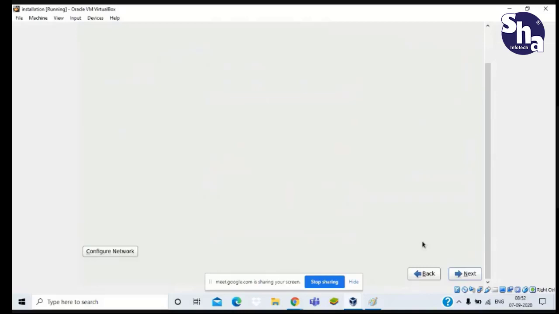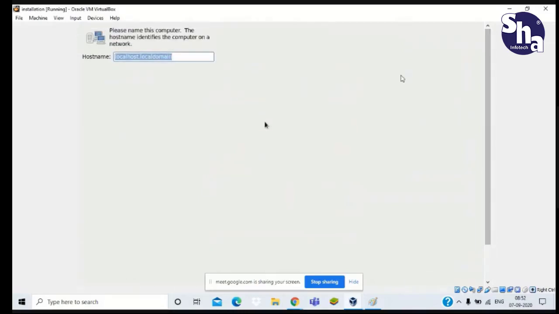Okay, so you can see here we cannot see any options at the top. Yes, sir. So we need to get the white cursor again. For the white cursor, we have to click the right control key in your keyboard. Then it will reappear and you can scroll up here and you see there is a host name. This host name is by default localhost.localdomain. We have to give this name only. Okay, this is our host name.